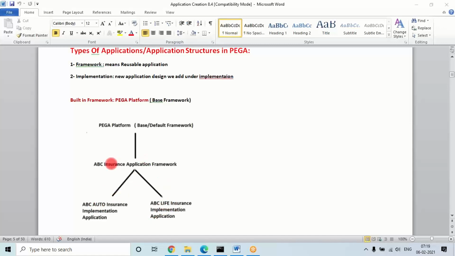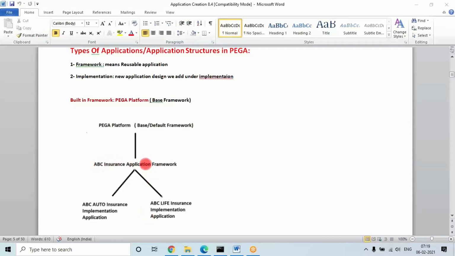Another advantage is reusability. Suppose in both implementation applications they have common designs, like common business logic, common UI, or common data tables. They can create them at the organization level and reuse them in all the regions. You'll understand that in detail in the Monday session, where I'll be explaining classes and inheritance types. At that time, I'll discuss some more points so you can understand that.